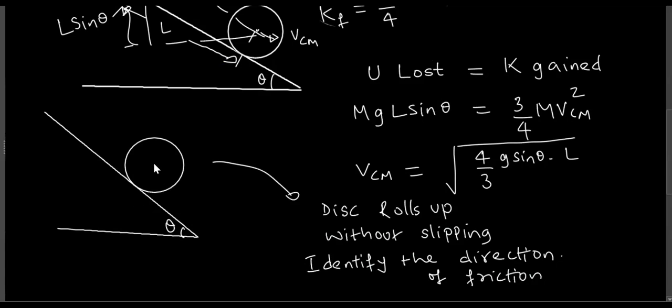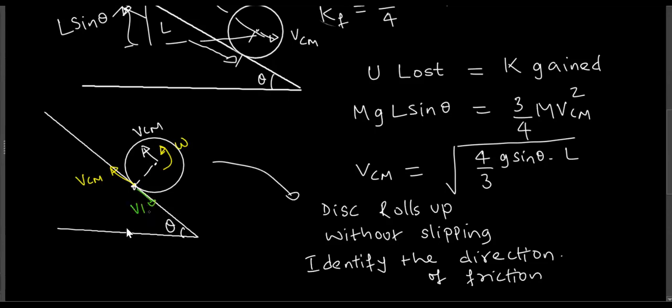Because it is rolling without slipping, as it goes up, the velocity of center of mass is upwards. If you take the point of contact, remember what we said, the velocity of center of mass and the tangential velocity should point in the opposite direction. Because the tangential velocity should be in the opposite direction, the angular velocity should be in the counterclockwise sense, so that we get tangential velocity downwards. You understand?